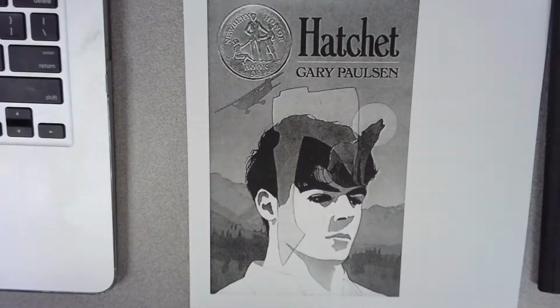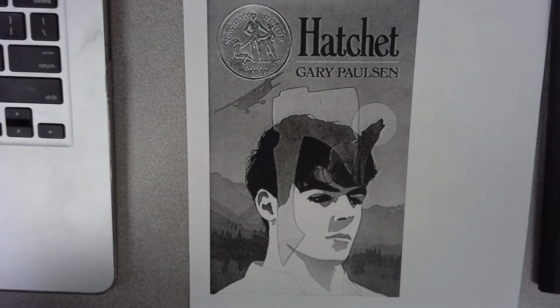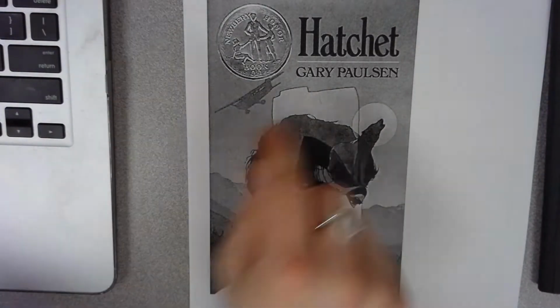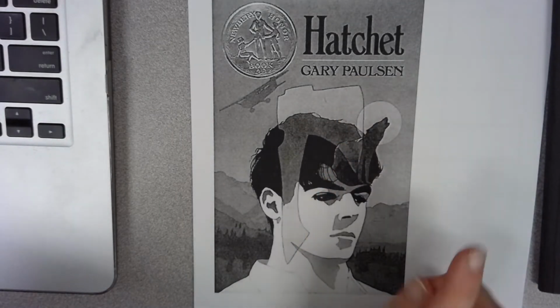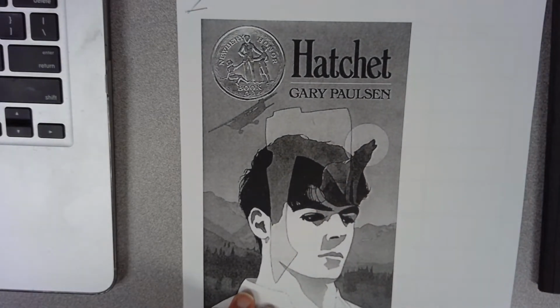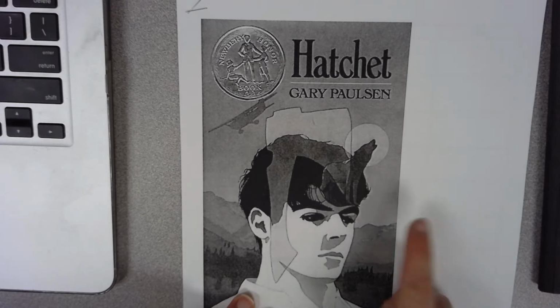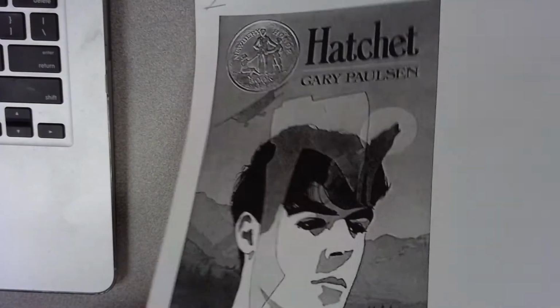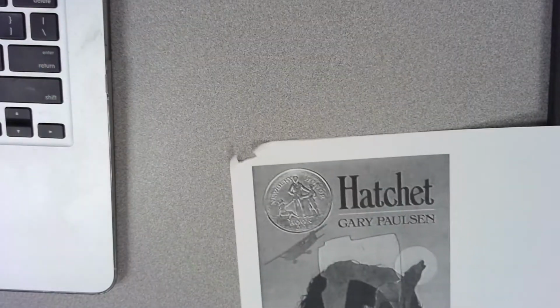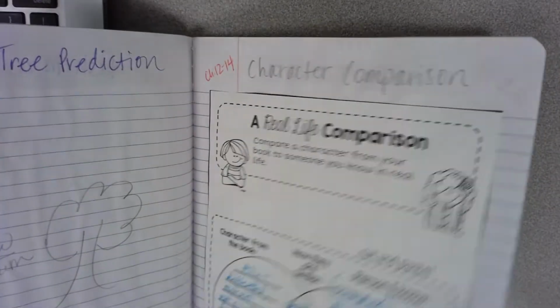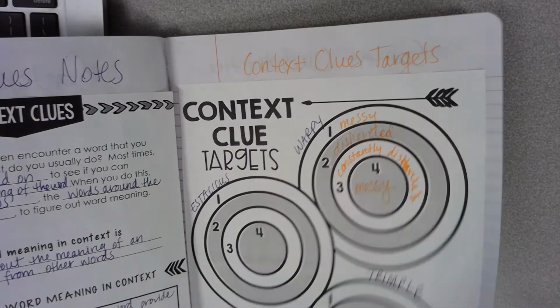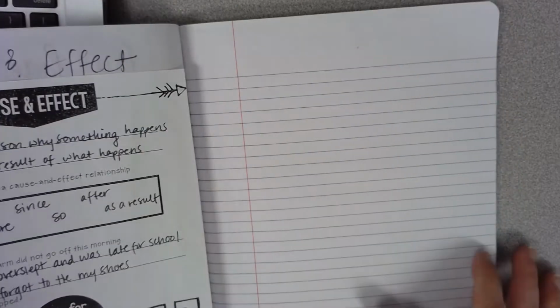All right, we are going to be setting up our composition notebook today to start our next book, which is called Hatchet by Gary Paulsen. So you'll see in the packet you were given either today or the day before, you are going to be using the first 2 pages today that we're going to rip off and cut out and glue into our composition notebook. So the first page, I'm going to have you open up to your next available page and label it with the title,